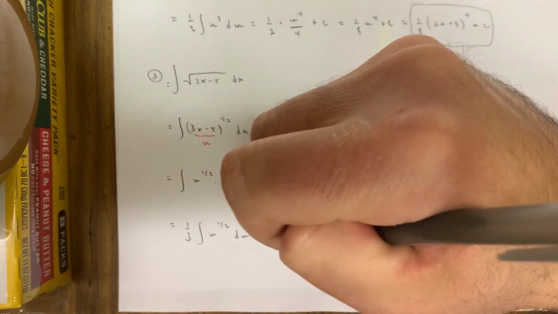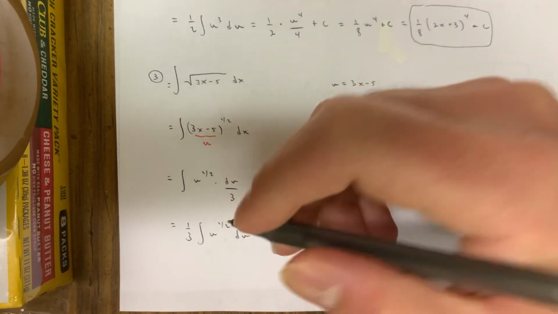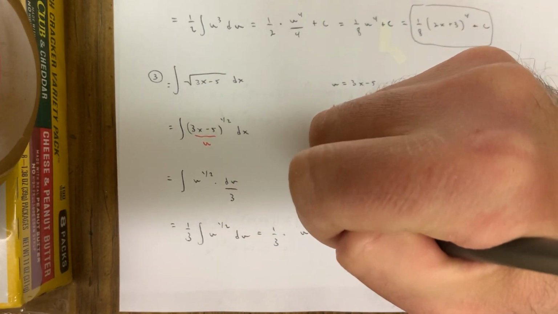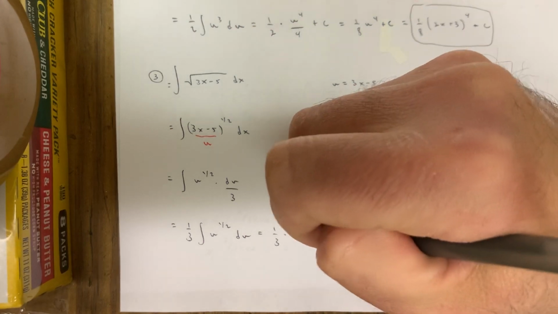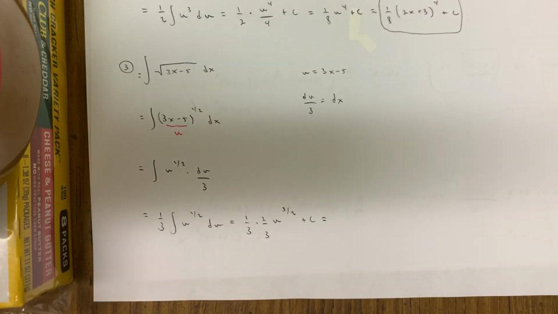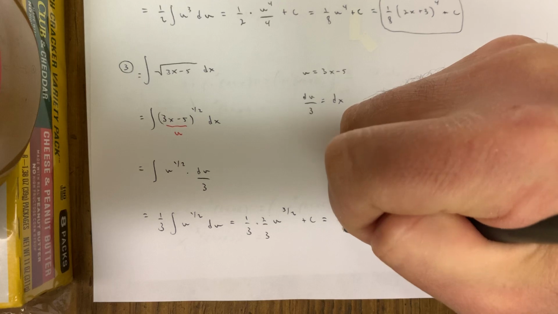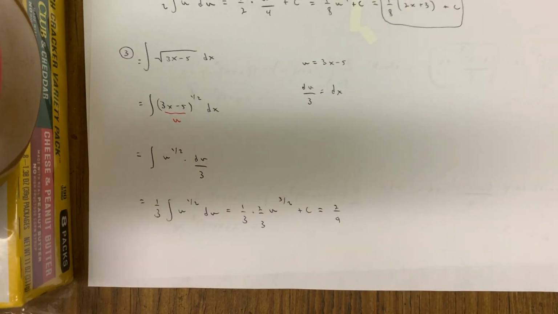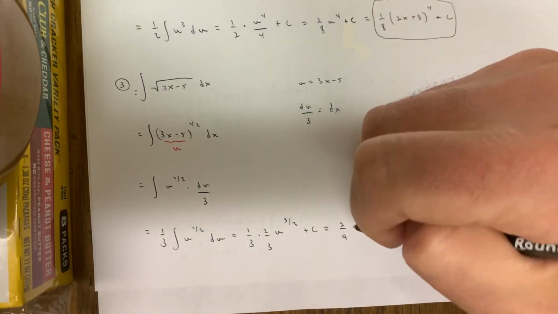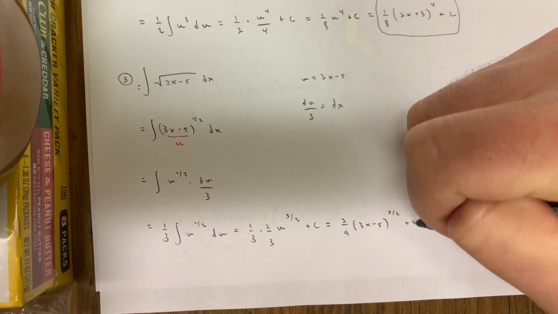Just bring the 1/3 over, connect by multiplication, integrate u to the 1/2, add 1 to 1/2. We know that's equal to 3/2. We know Claffey's divided by 3/2. Rest of us multiply by 2/3. Don't forget to add some cookies. Girl Scout cookies? Yes. Tag-alongs? Yes. Okay, anyway, now we know this is what? 2/9. But don't write u to the 3/2. You got to perform that final substitution, put a 3x minus 5, raise him to the 3/2, add some cookies,